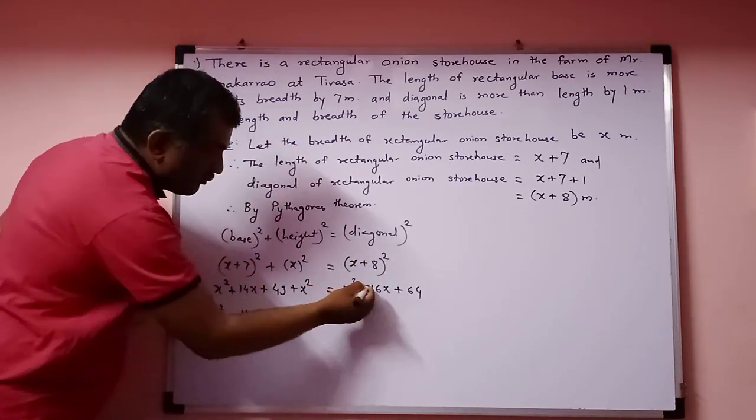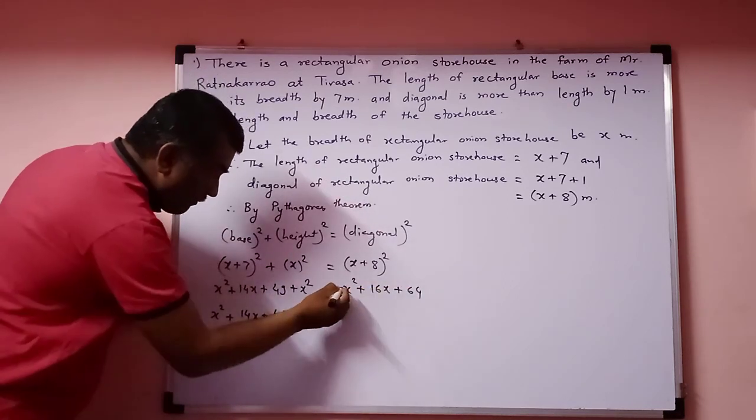Here right side x square plus 16x plus 64 plus x square